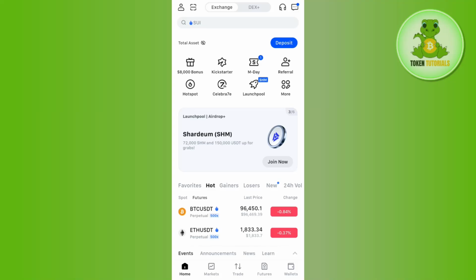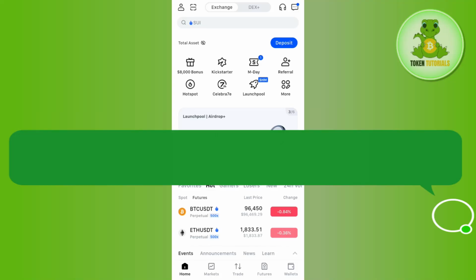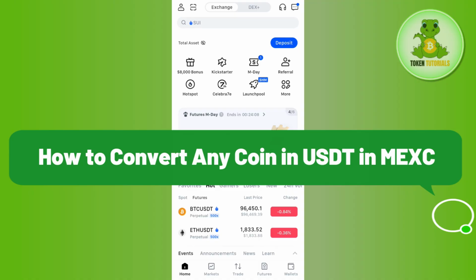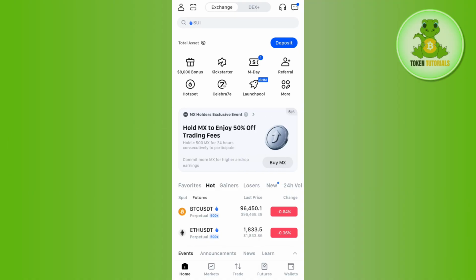Hello everyone, welcome back. In this video, I'm going to show you how to convert any coin in USDT in MEXC. For that, you need to simply open your MEXC app and provide your login credentials to sign up into